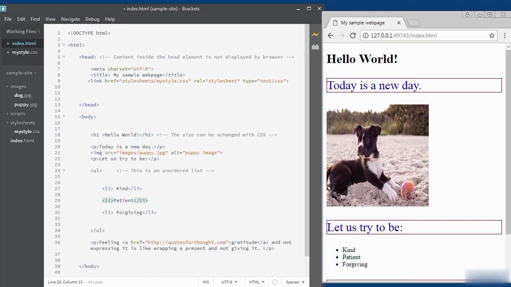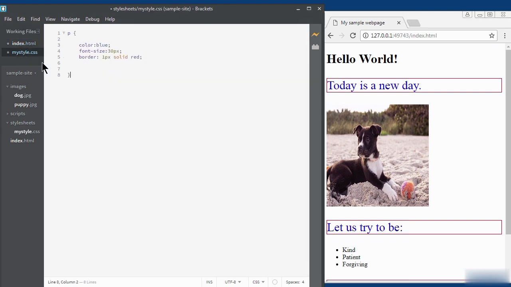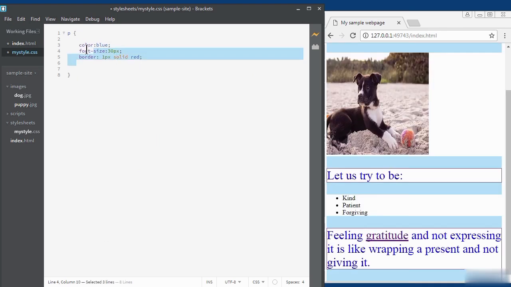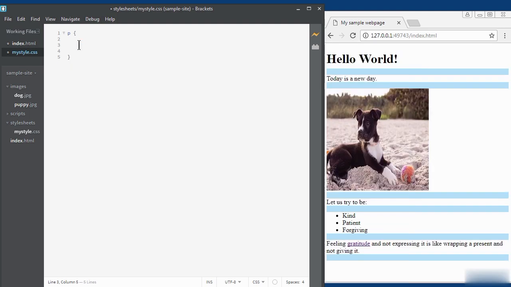All I need to do is go into my CSS. That's the advantage of having an external CSS. You just do everything in one file. So I'm going to modify this one slightly. I'm just going to get rid of that for a minute. All right, so I want to select multiple elements and apply a single CSS rule to all